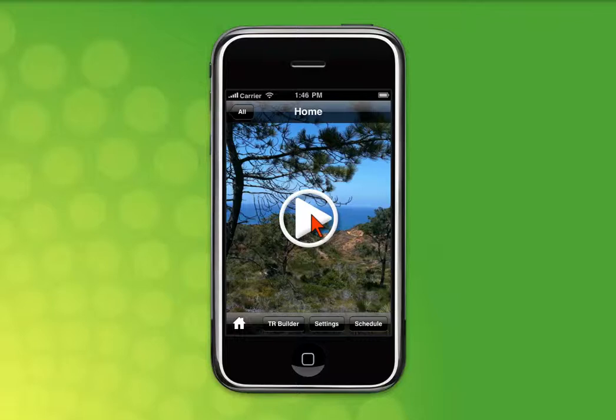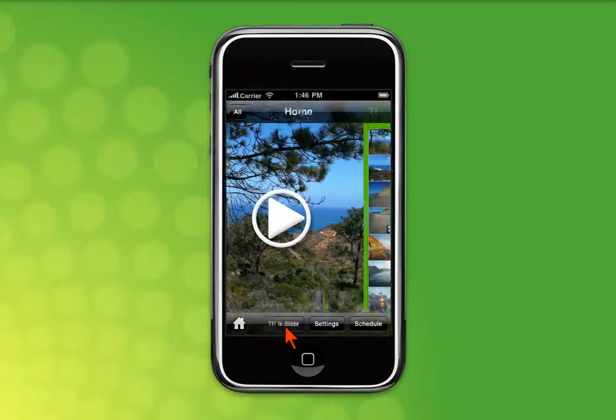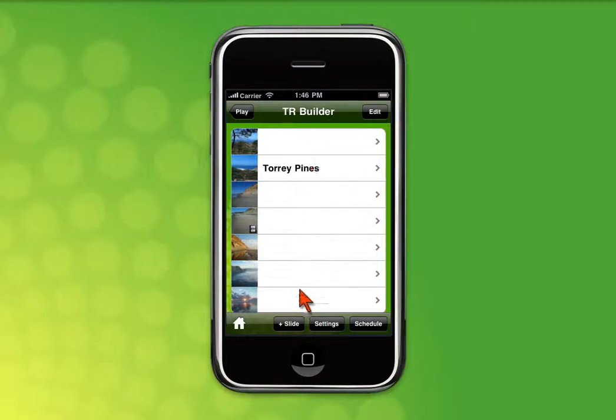And then it cycles again, and that feels pretty good. Now I also want to show you that it's really easy to edit your reminders too. To do that, you simply go back to the TR Builder screen, and what you can do is you can